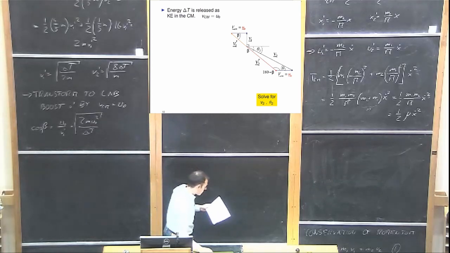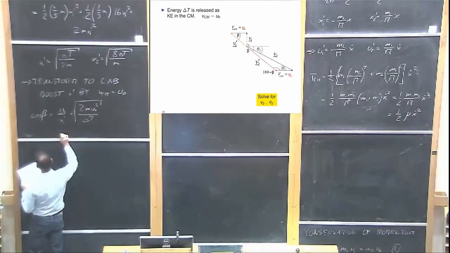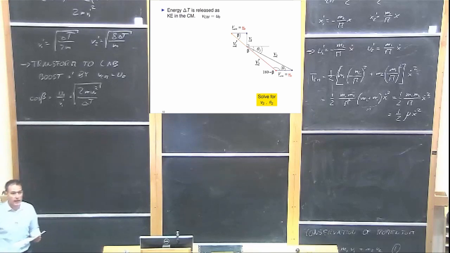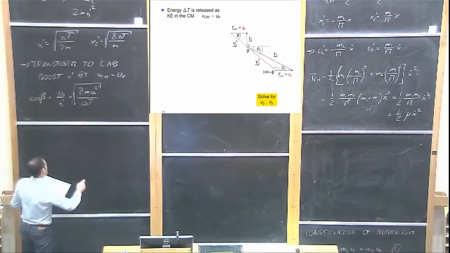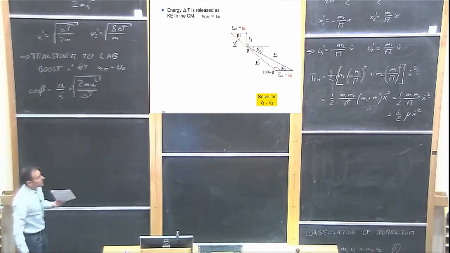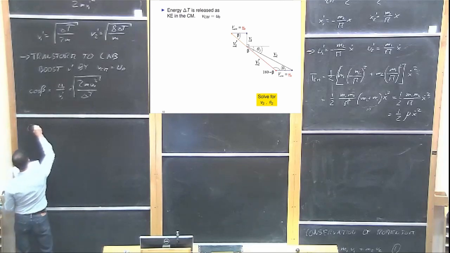The rest is you use the cosine rule and the sine rule. I hope that by now everyone understands that if you go back and forth between lab frame and center of mass frame, then your trigonometry basics need to be firm. If you use the cosine rule,